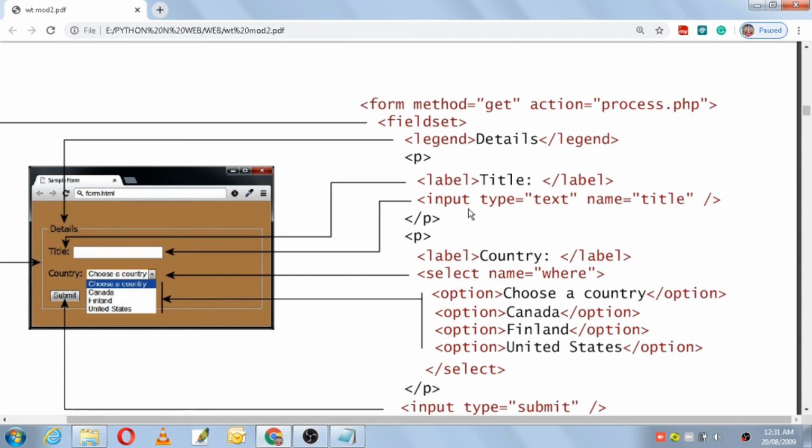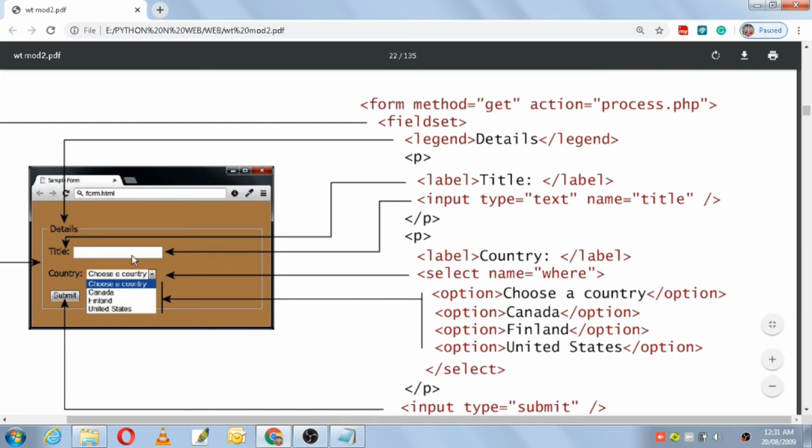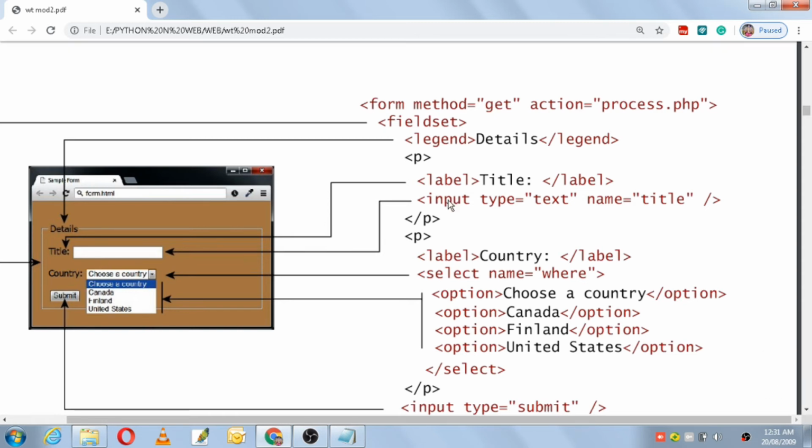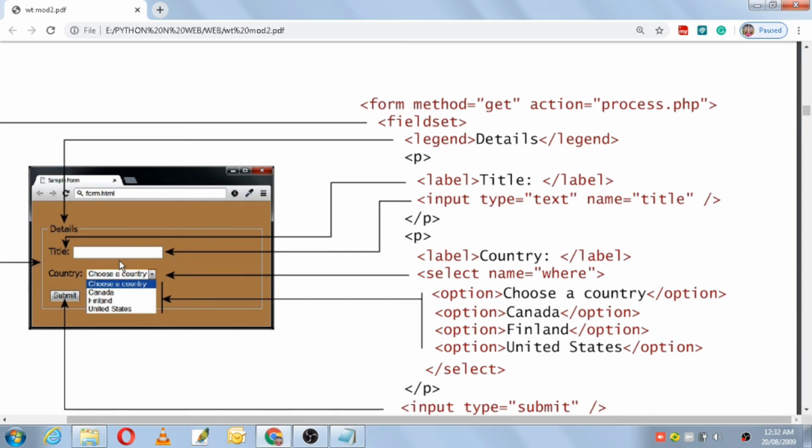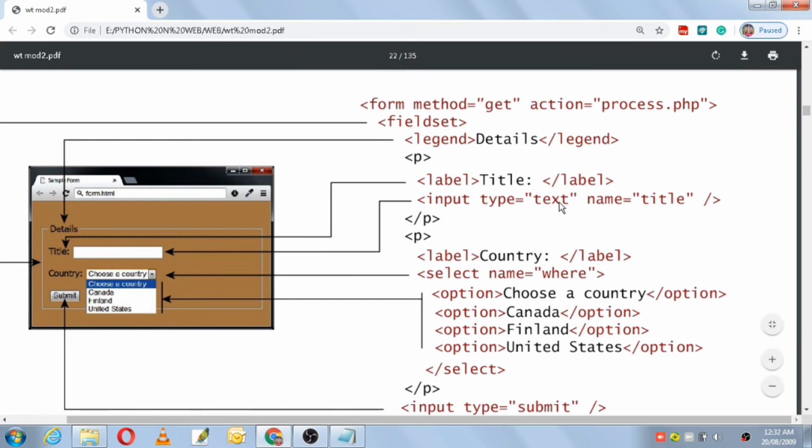For example, what type of input I can enter into that particular form element is mentioned by the input element. The input element here has two attributes. What is that? Type is equals to text. That means in this form element I can enter only text. For the title I can enter only text, because the input type mentioned here is text. So I can write here web, Python. I cannot enter an email address, I cannot enter a URL, because the input type mentioned here is text.